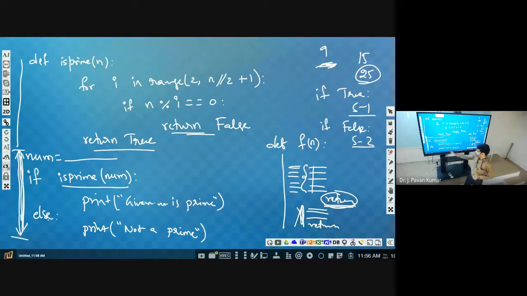If you have any confusion with this, you can assign it to one variable and check that variable's value. You can assign like this: result equal to is_prime of number. Like this we are calling. So the result is there. If result is true, that means this can be replaced by result equal to true. If result equal to true, print this. Otherwise, print this. Like this also you can.